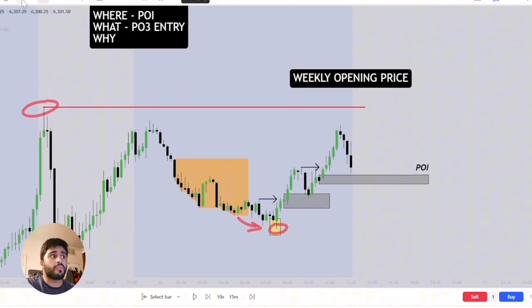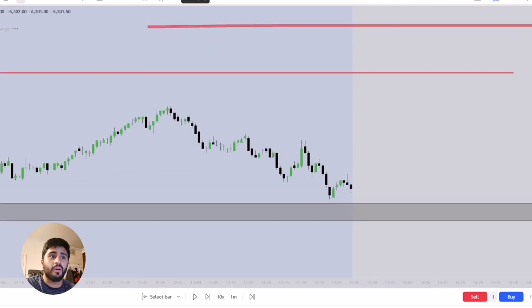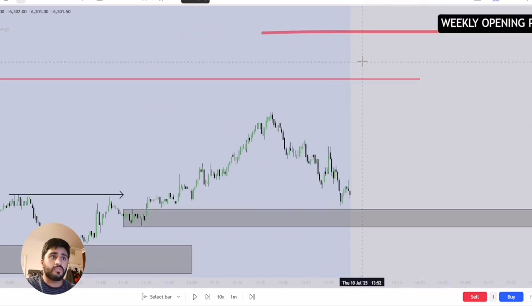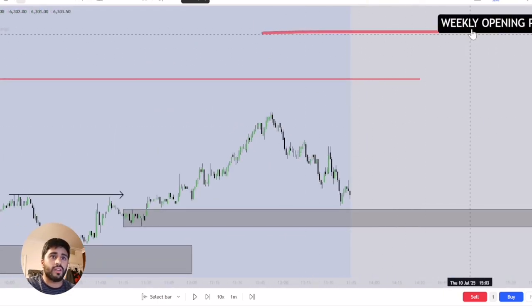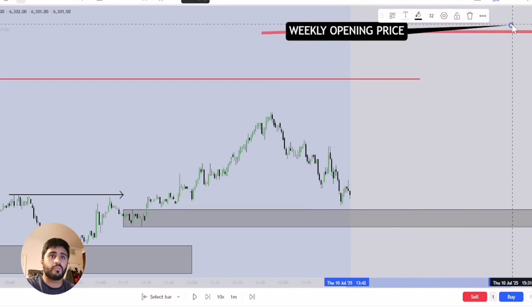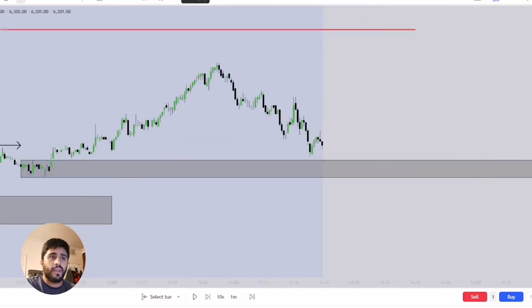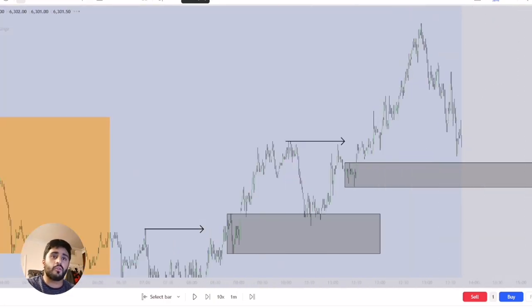And also we want to see price entering inside of our POI. So notice how we have a couple of targets. We have basically this red line and this red line, right? So we have the weekly opening price and the previous day high. So what we're looking for now is we're looking for the market to open. And so we want